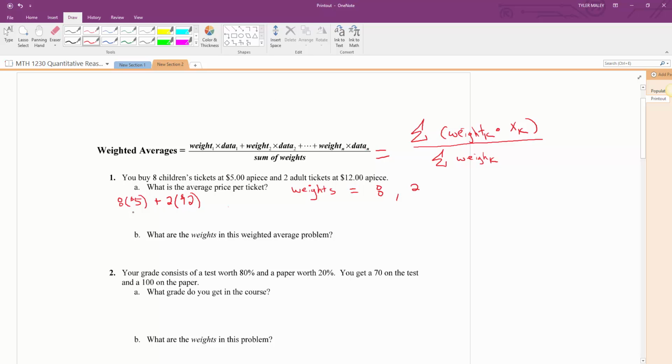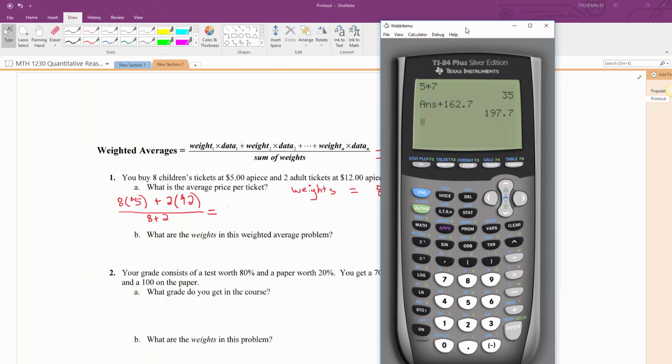right? And then divide this by the sum of the weights, right? So that would be 8 plus 2. We just have 2 data points in this case. So make sure you follow order of operations, right? But if I simplify this, so if I bring up my calculator,